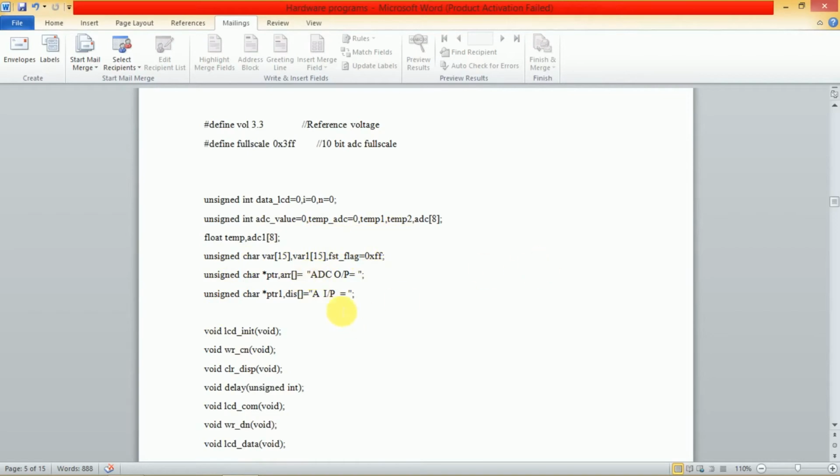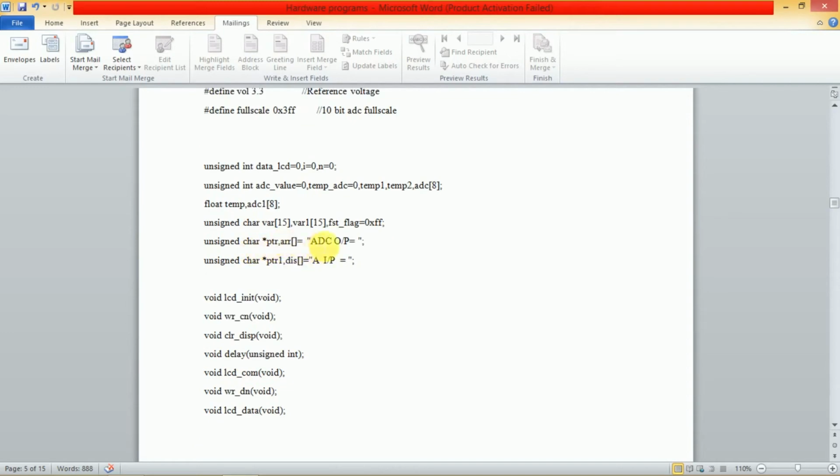Whatever things you have to declare, plot the temperature and ADC 8 characters. Then unsigned character values 15 you can declare according to the capacities. Flag 0 to FF.